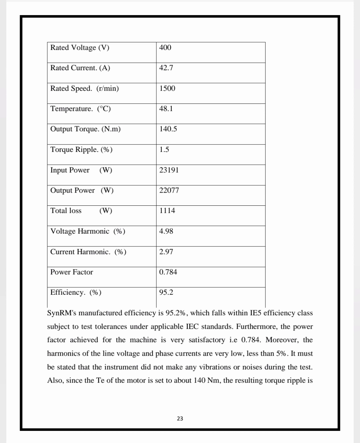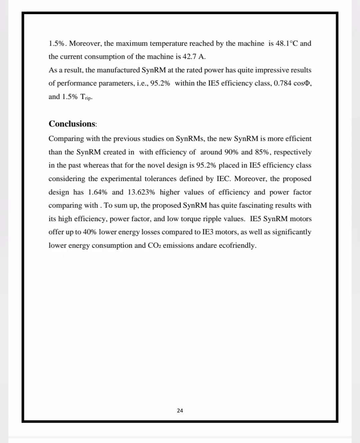It is also eco-friendly. Since the output torque of the motor is set to about 140 Newton meters, the resulting ripple torque is 1.5%. Moreover, the maximum temperature reached by the machine is 48.1 degrees Celsius and the current consumption of the machine is 42.7 amperes. As a result, the manufactured SynRM at the rated power has quite impressive results of the performance parameters and it is of high efficiency